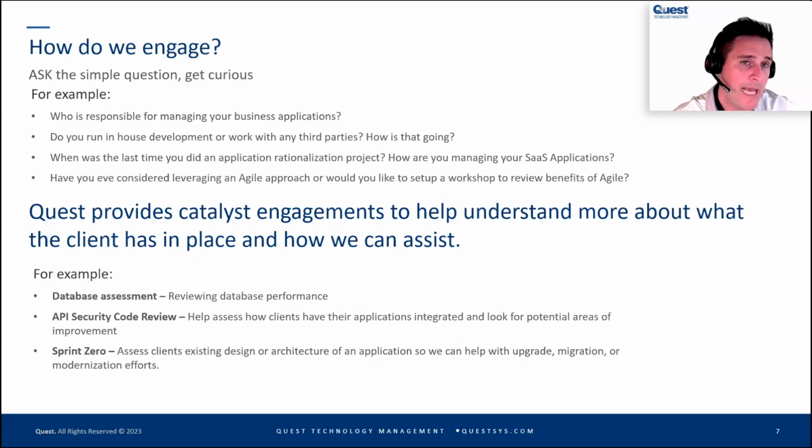There needs to be some type of a need or pain point. We're seeing a lot of pain points around database assessment, but application API security reviews is also another one, because basically, an API is a contract between applications. It stands for Application Programming Interface, right? So it's a contract between two applications that says, if I do X, you're going to do Y.